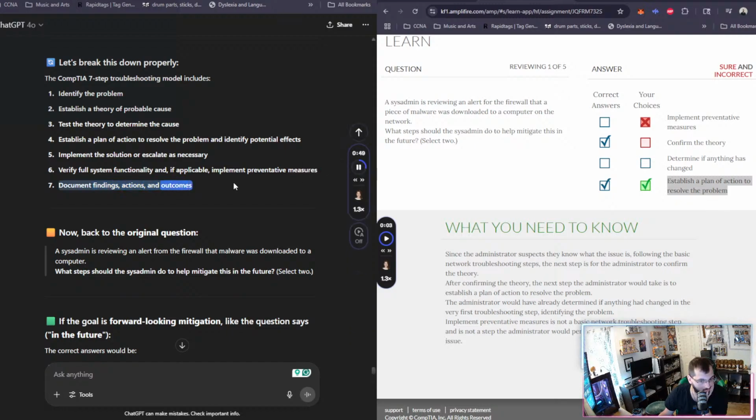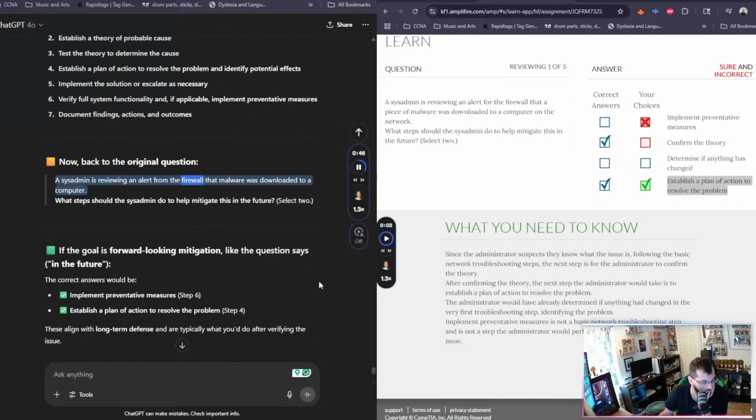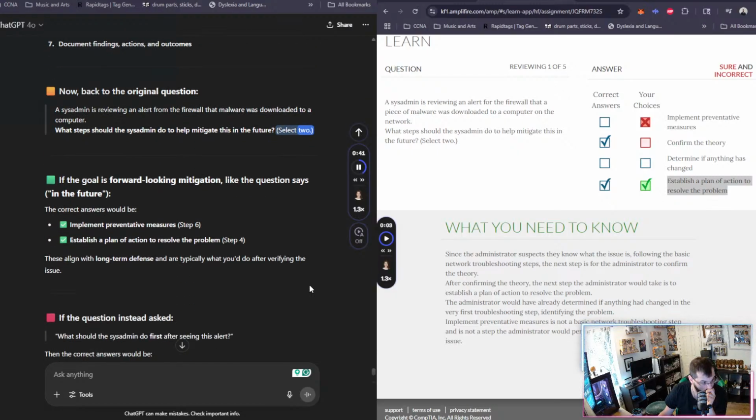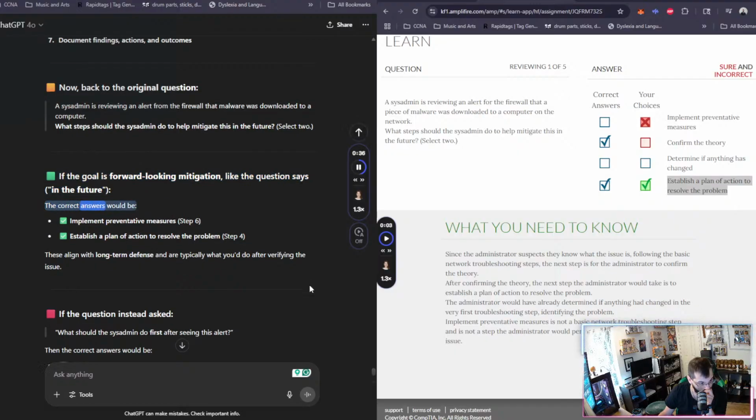Actions and outcomes. Now, back to the original question. A sysadmin is reviewing an alert from the firewall that malware was downloaded to a computer. What steps should the sysadmin do to help mitigate this in the future? Select 2. If the goal is forward-looking mitigation, like the question says in the future, the correct answers would be: